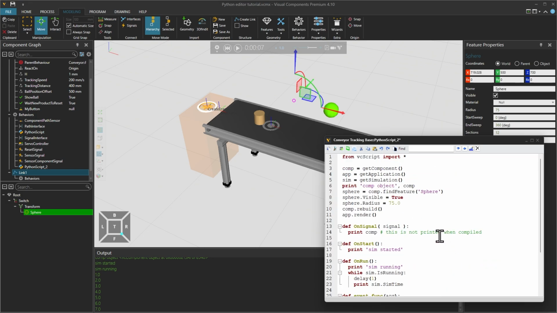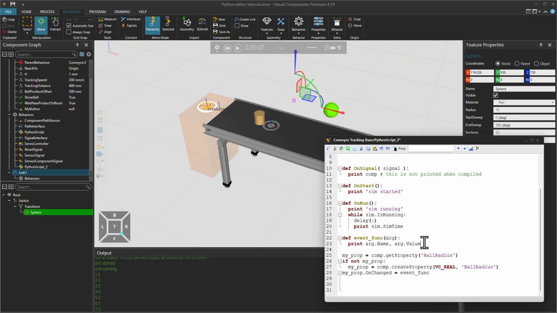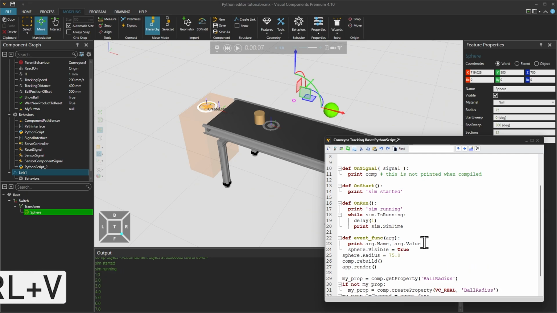To change the ball radius, according to the component property value, we must select lines 8, 9, 10 and 11 of our code above. Then cut using Ctrl+X and going to line 23, press enter for a new line and use Ctrl+V to paste them under the event function. Then select lines 25, 26 and 27 and click the Tab key to add the line indent.